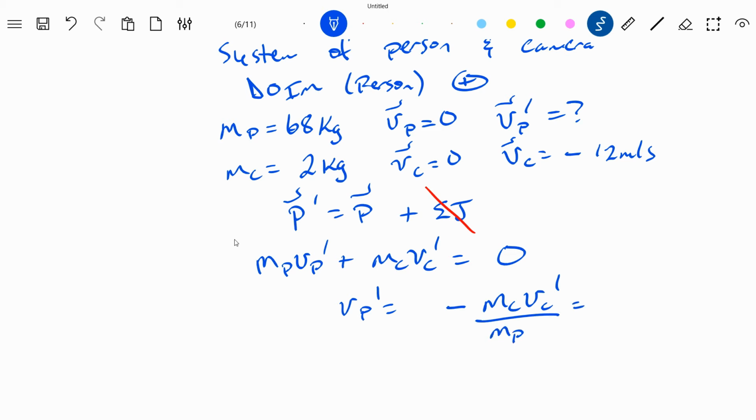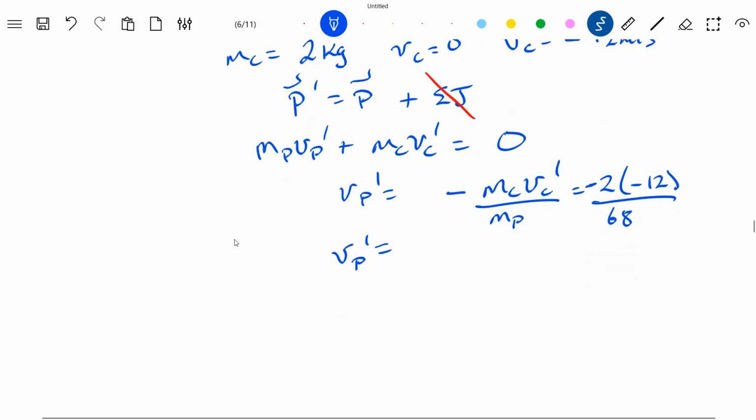All right, so the mass of the camera is 2. Velocity of camera prime is negative 12. There is a negative up front here that I forgot to write in. Divided by the mass of the person, 68. Now this is going to turn out to be positive, which is awesome, because I designed it that way. I set that to be positive, so it better work out to be positive. So negative 2 times negative 12 is positive 24 over 68 is